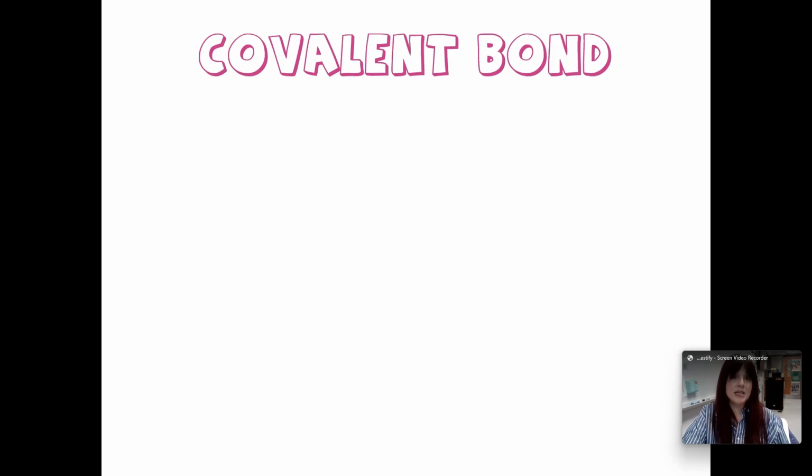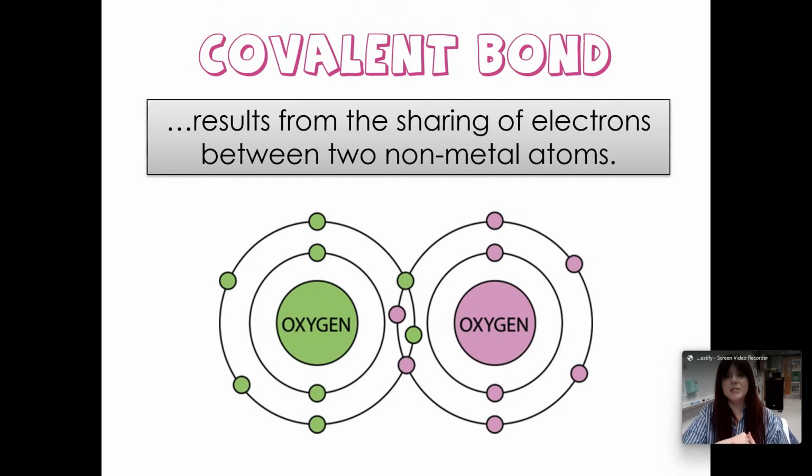So there's a second type of bond, which is a covalent bond. And a covalent bond results from the sharing of electrons between 2 nonmetal atoms. So notice how in this case we have 2 nonmetals. So this would be, like in this case on the screen, oxygen bonded to itself. Both oxygens are nonmetals. They're going to share their electrons between them, so they have 8 valence electrons in their